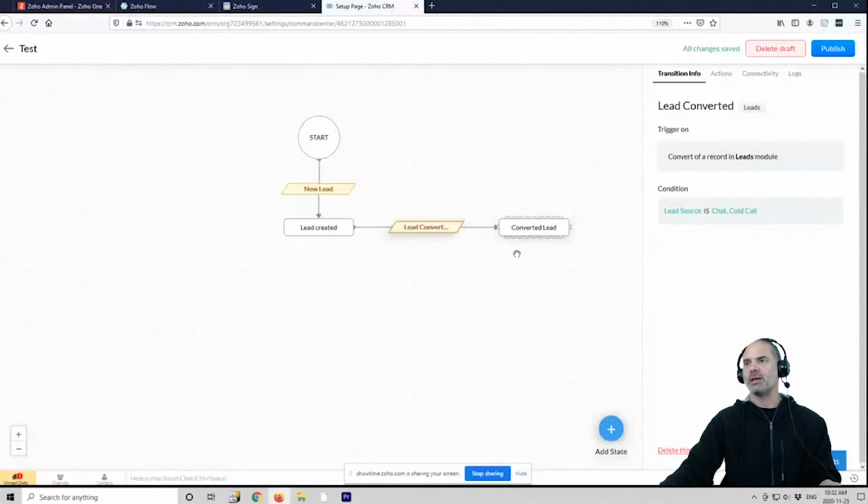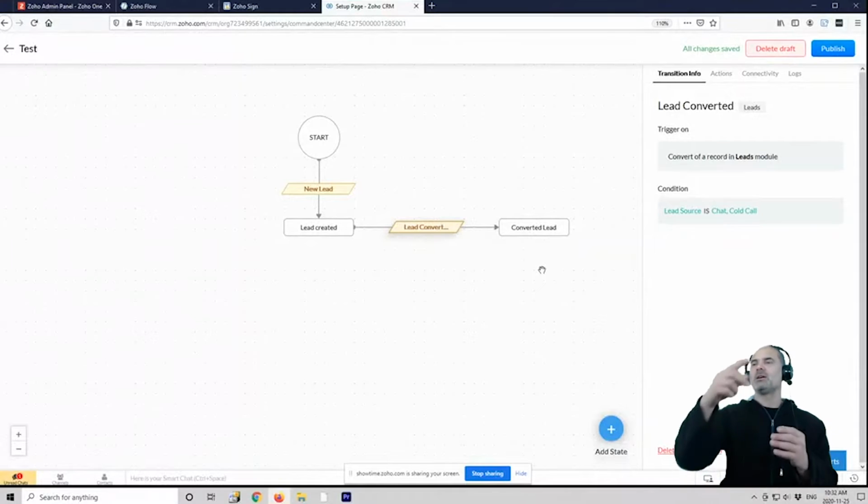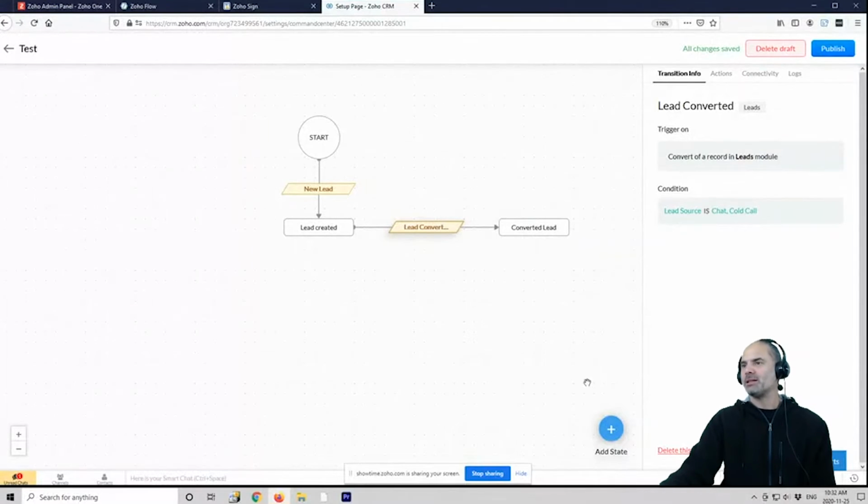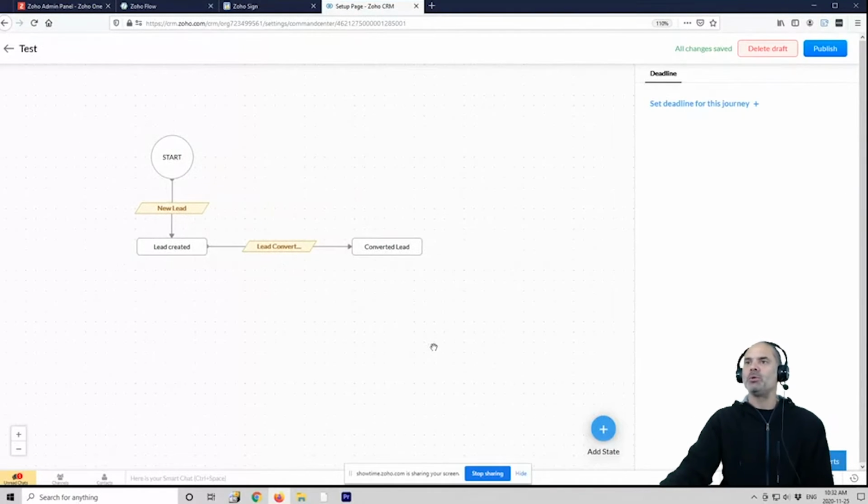And from there, you can continue with deals. The only thing that I saw people being a little bit confused with in the Command Center is that there needs to be some kind of a flow. So if, for example, here you have new lead, then you have lead converted, then there is a deal, then there is a quote, you cannot do an action, for example, on a lead, because the quote is not connected to a lead in any way.